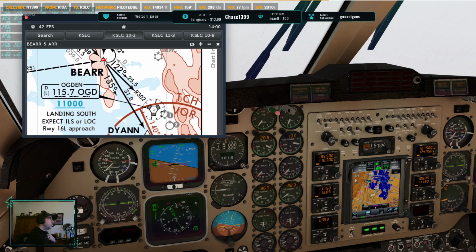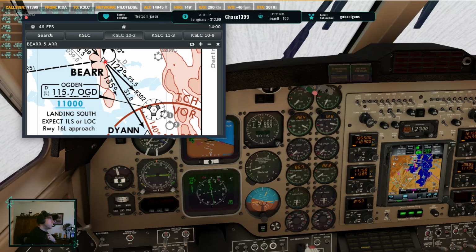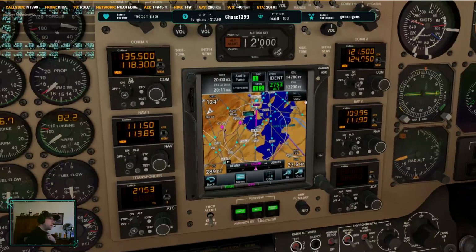So now we're making our left turn to the Ogden VOR. We can descend to 12,000 at this point. So we'll do descent. We'll come over here and